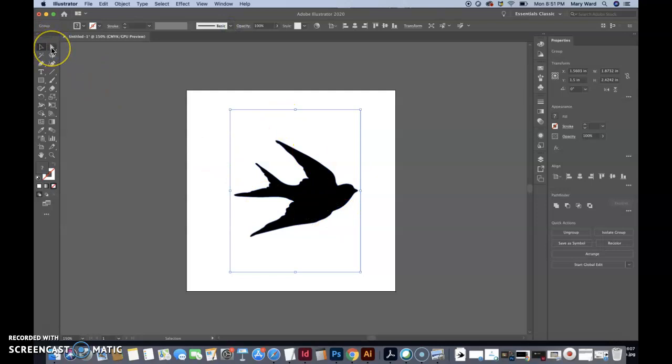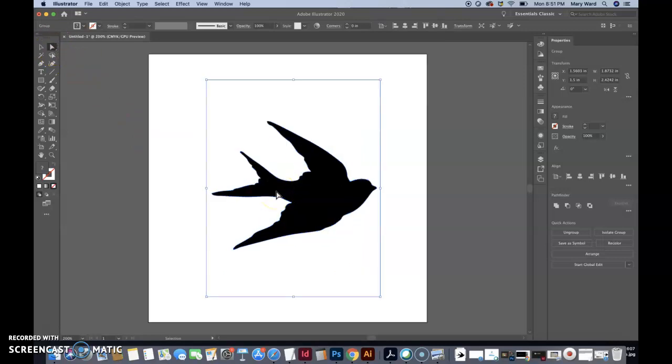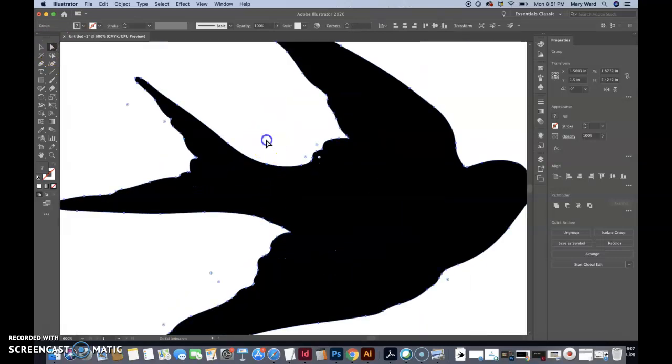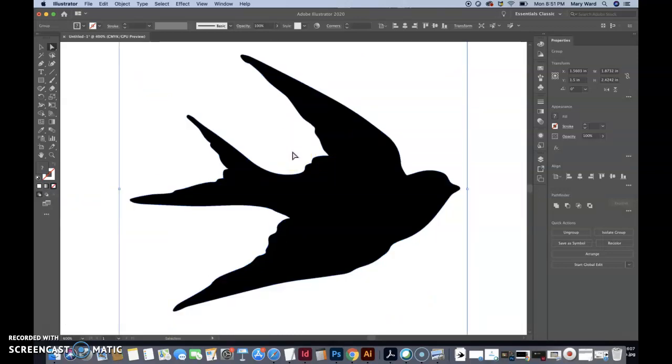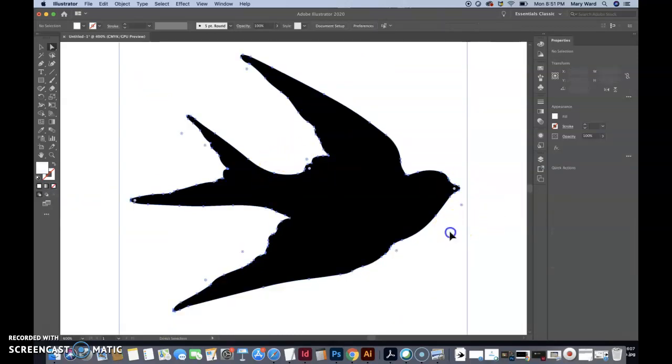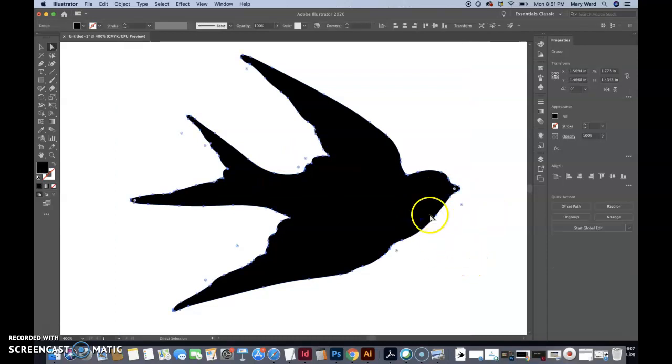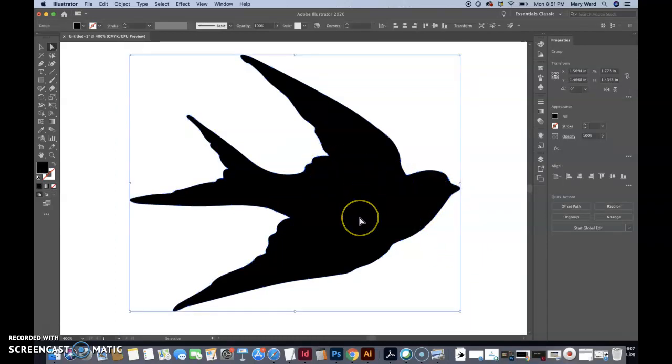And actually, this is where the white arrow tool really comes in handy. We can click on that and we can actually see, if we Command plus or use the zoom tool to zoom in, that this has a shape now with these anchor points all along the edges of the bird silhouette. And that's how we know that this thing is in vector, which vectors are pretty neat because they are files